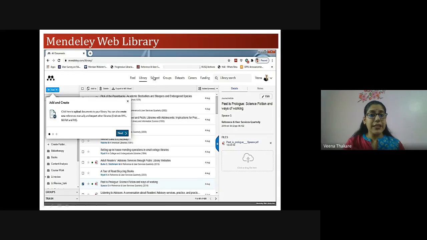And suggest, as I said, once you search a particular keyword, it will keep on giving you suggestions based on that keyword. Groups, various groups are there. Now some of these, as I said, data sets and funding, I think these were not accessible to me, so maybe they are those premium features. Careers, another important point. When I took another session for the students of BMN, I focused basically on the careers option of Mendeley. Another very good facility that they provide. So as we can see, this is how the Mendeley web library looks.